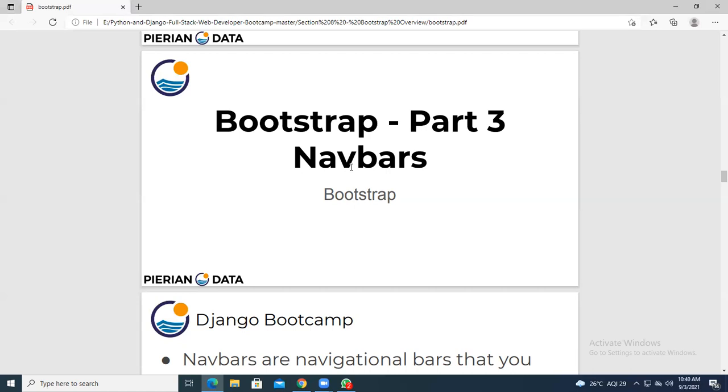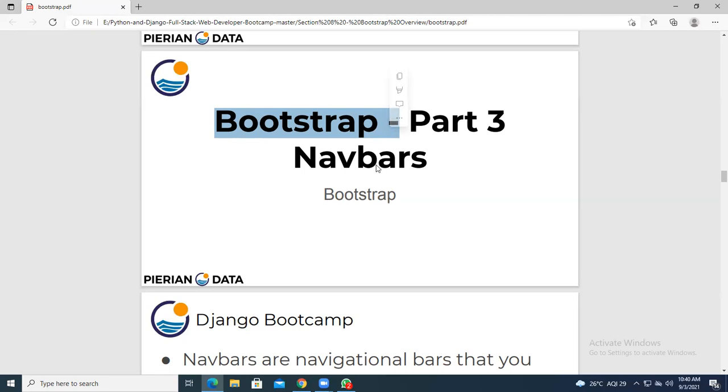So we are currently discussing Bootstrap. In the front end part, we have seen HTML, CSS, Bootstrap, and JavaScript. Out of that, you have gone through HTML and CSS. So in today's class, we are going to discuss Bootstrap. Inside Bootstrap, we have 4 parts. In part 1, we have studied buttons, the Jumbotron class, and the container class.